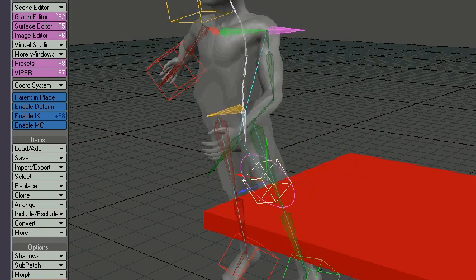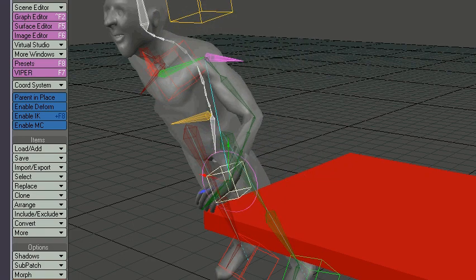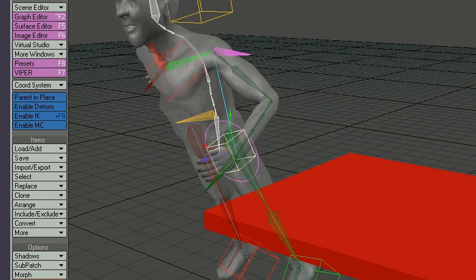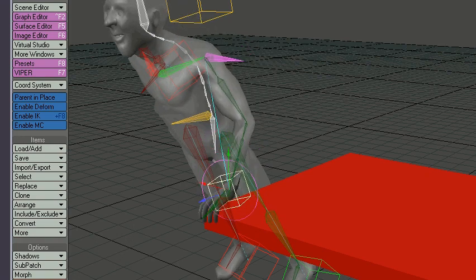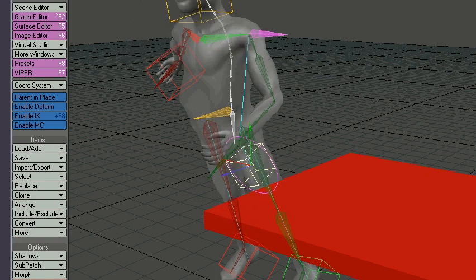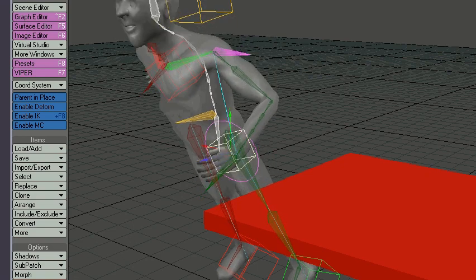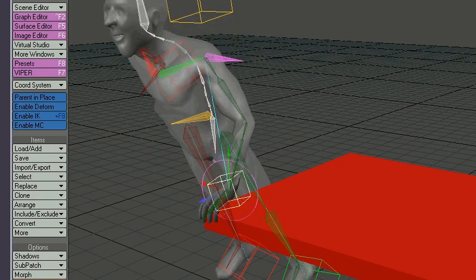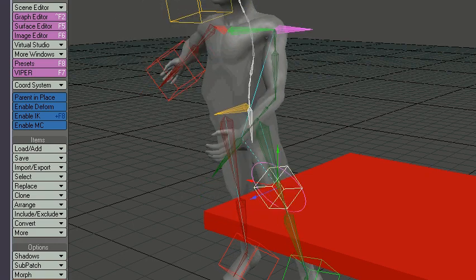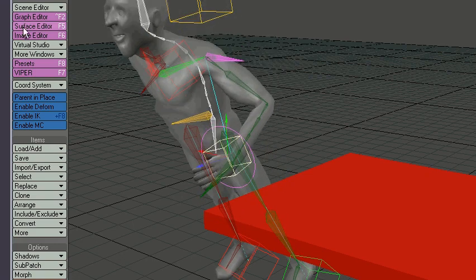That's a little better. There's a little bit of a wobble there, but that might have to do with